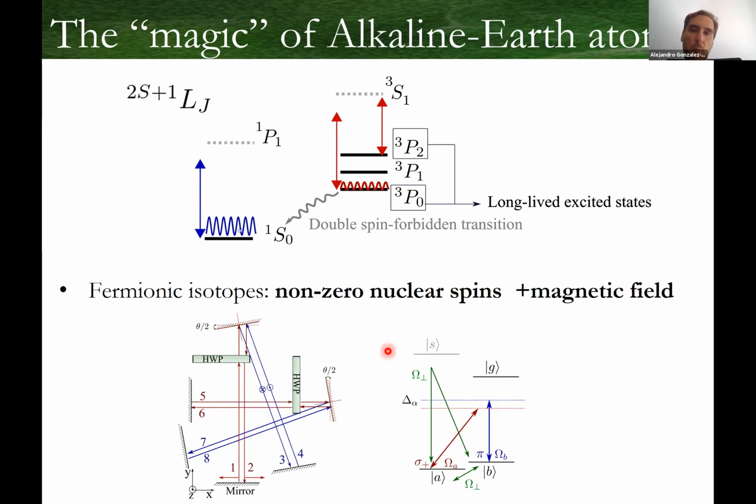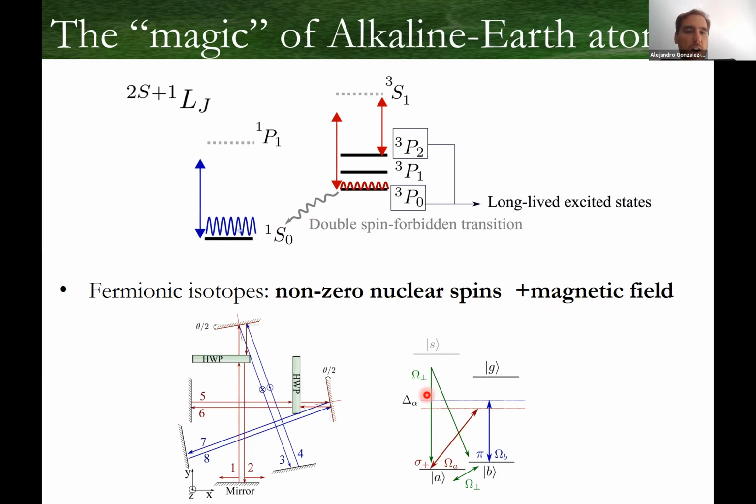And well, I don't want to enter a lot into the detail because I don't have time. I wanted to explore better the physics that can emerge in these synthetic systems. But basically we propose two ways. One is harnessing the fact that these atoms also couple to the nuclear spin. You have hyperfine multiplets that you can split with the magnetic field and harness these potentials to create these twisted